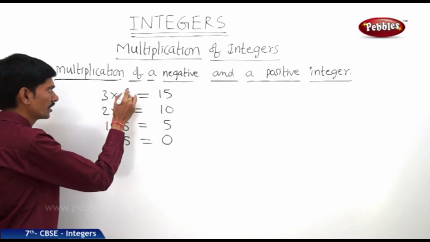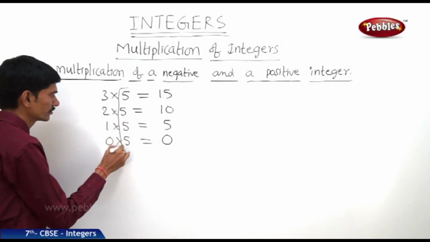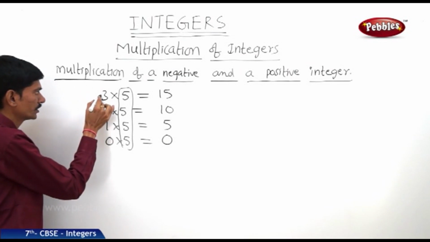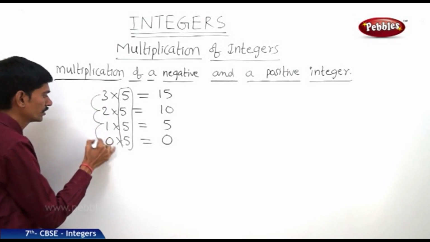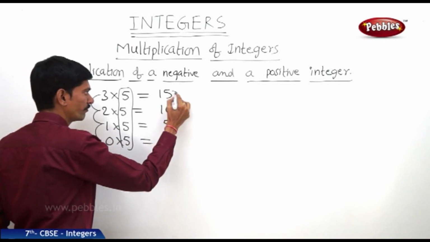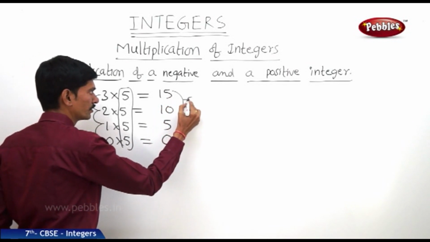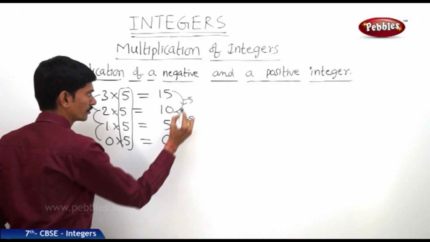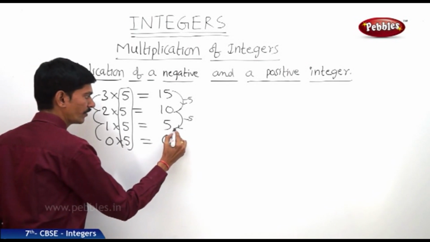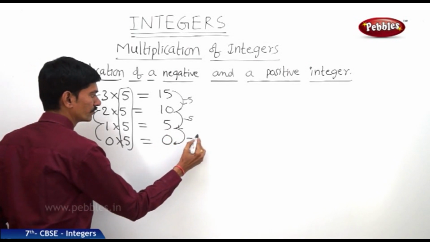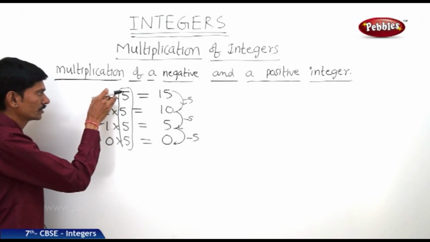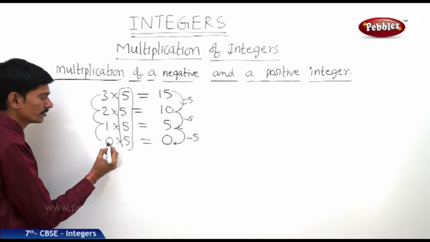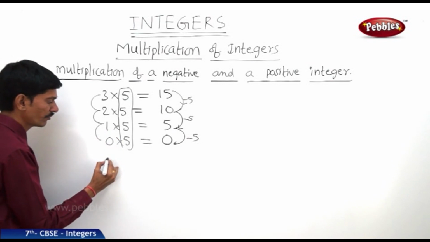Now here 5 is the same for all the multiplications, and we are decreasing the first number by 1 every time. Then the products are decreased by 5. So 15 minus 5 is 10. 10 minus 5 is 5. Again 5 minus 5 is 0. So when you decrease the multiplicand by 1, then the products are decreased by 5. Then if 0 is decreased by 1, then we get minus 1